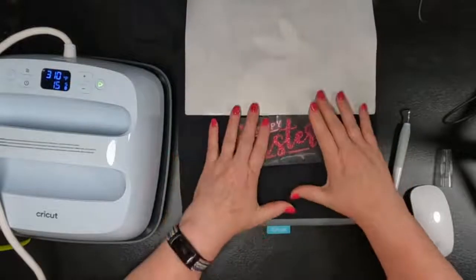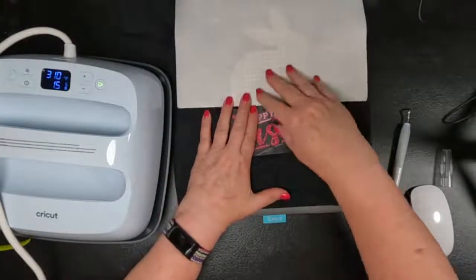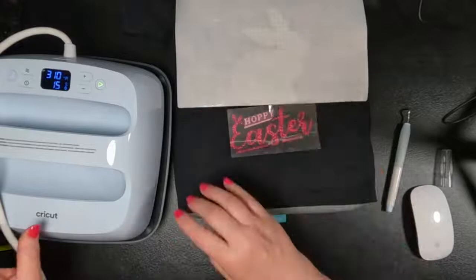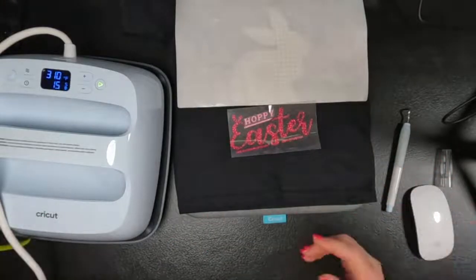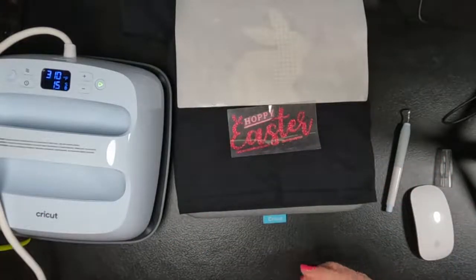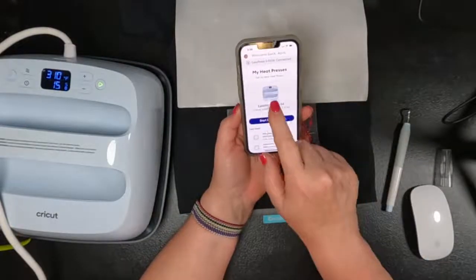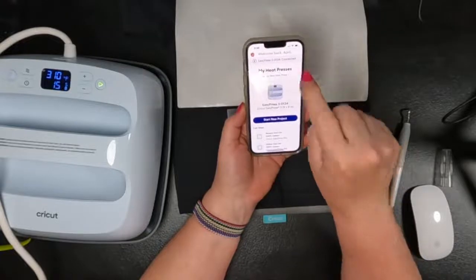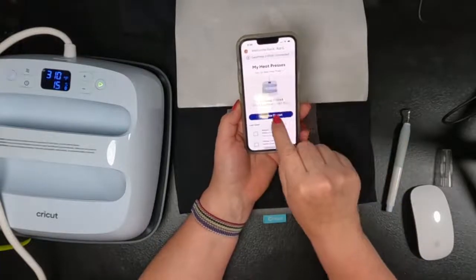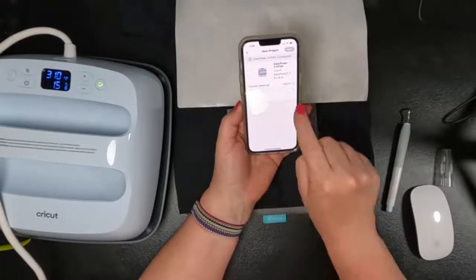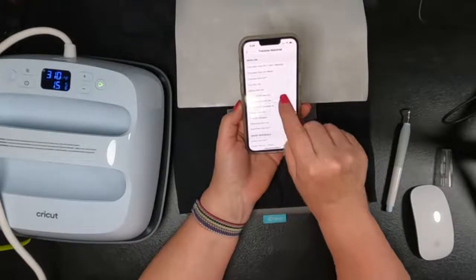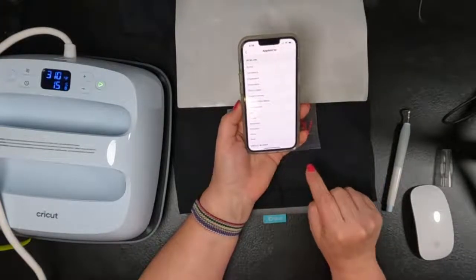And I'm going to slide it forward so I stay in camera for you guys. But I'm not even really going to heat on that. But if it happens to hit it, I'm good. So next we need to come over and go into our heat guide. And I'm just going to hit done, and I'm going to start a new project. And I'm going to transfer material, and I'm going glitter iron on,